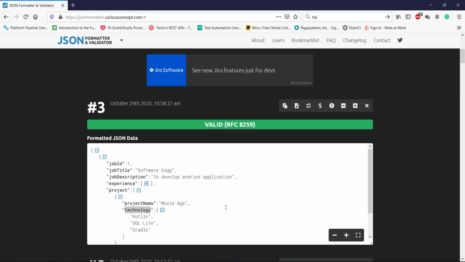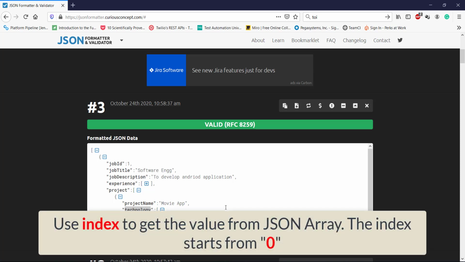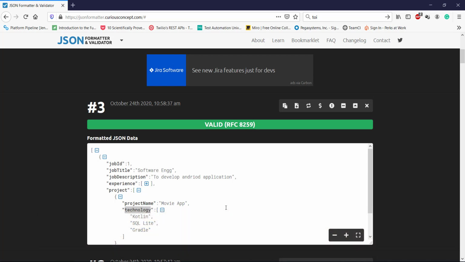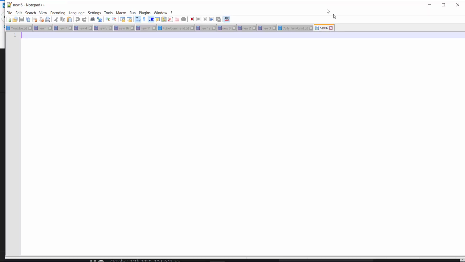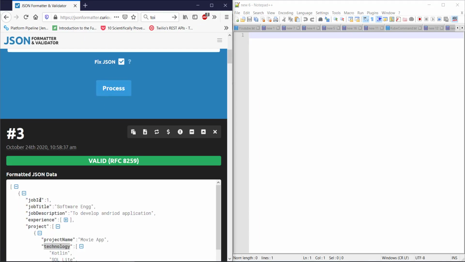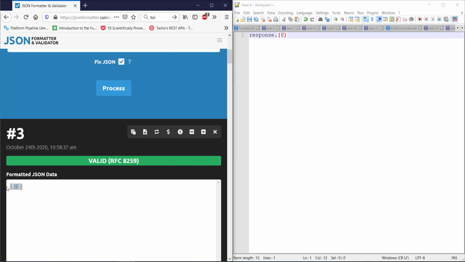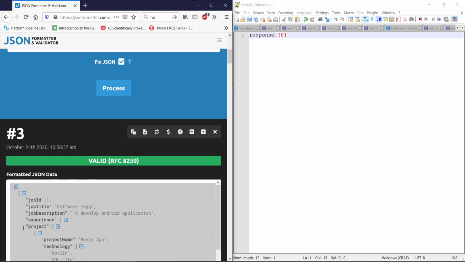If you have worked on an array or array list, in order to fetch a particular element from the array or the array list, you use the index. We need to follow the same approach here. As I mentioned earlier, the entire response will be captured inside a response variable. Let's say I want to get the job ID, so I will use the expression response dot, open and close square bracket, index as 0. In this case, for this JSON array, we don't have any name, so I'm using just the square bracket along with the index. And let's say I want to get the job ID. Again, I will use the dot operator followed by the property name and its value.